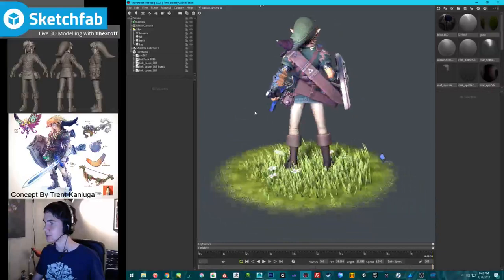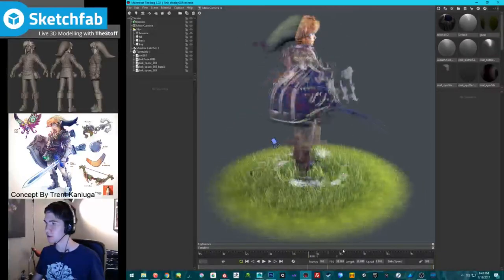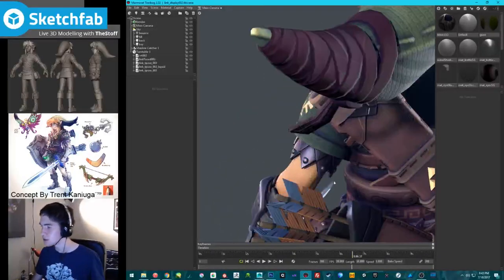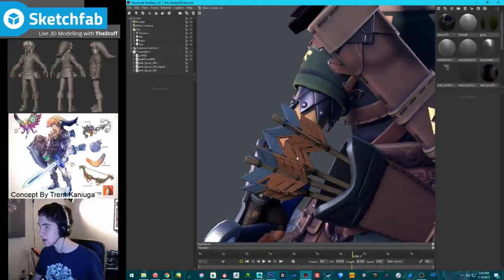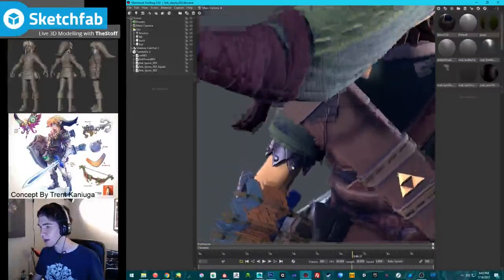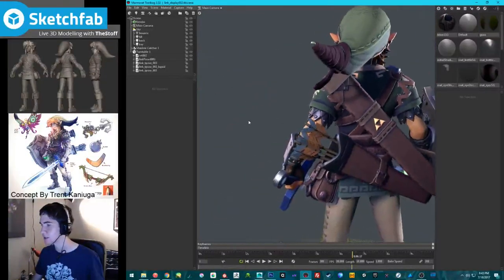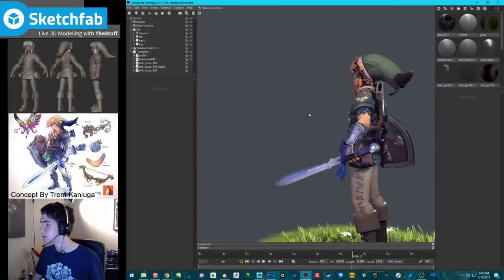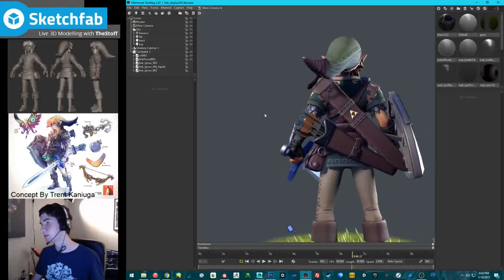Okay. Actually, I'll just rotate it like this. See how that is. Oh yeah, they actually do line up. Wow, I got lucky. But I definitely want them to be brighter, I think, and more saturated.